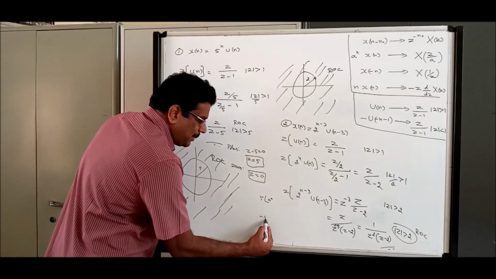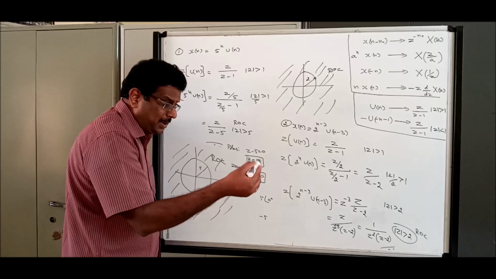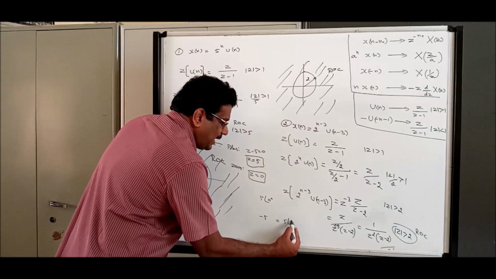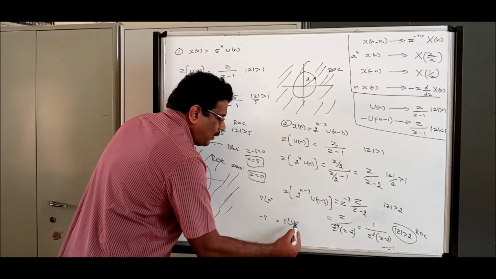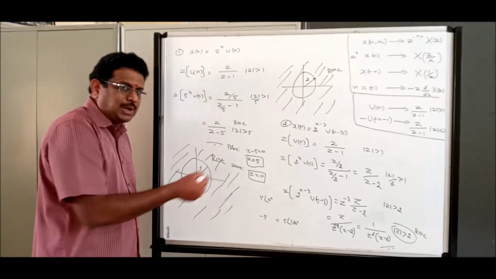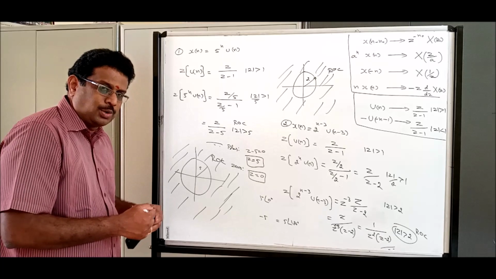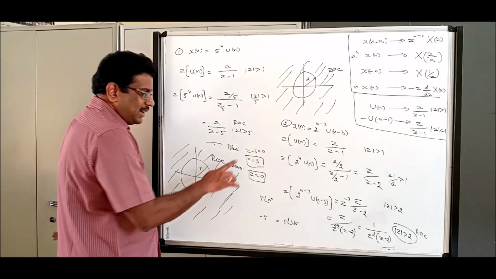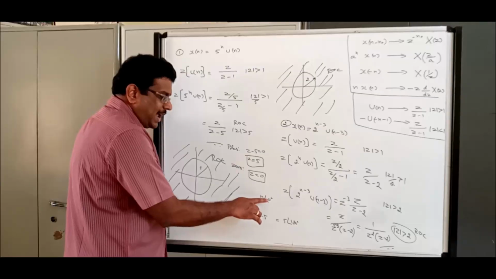Sometimes people say minus 5; we will see that later. If it is minus 5, then it is 5 angle 180 degree. Please remember, what is 180 degree? You can write it as e power j 180, that is cos 180 plus j sin 180. It will give minus 1 as the result. So if I say 5, it is 5 angle 0 degree.